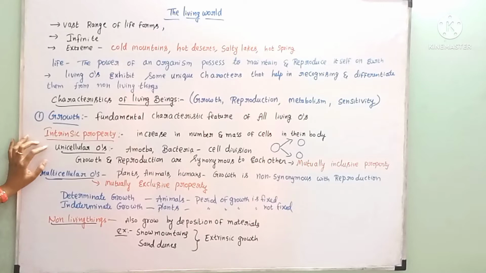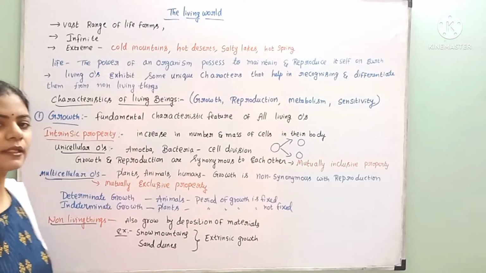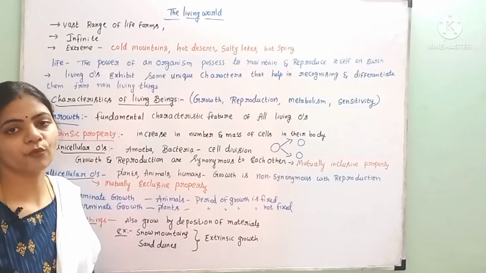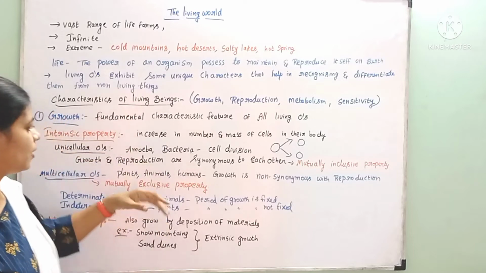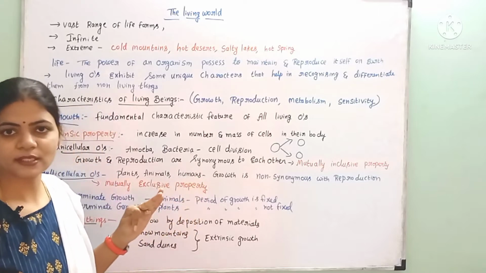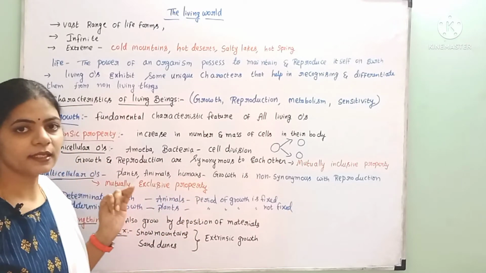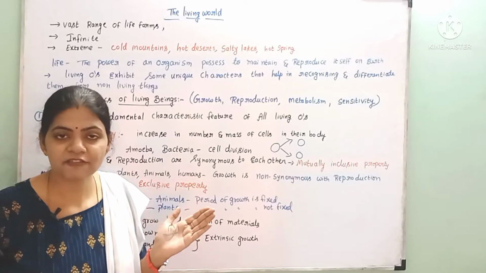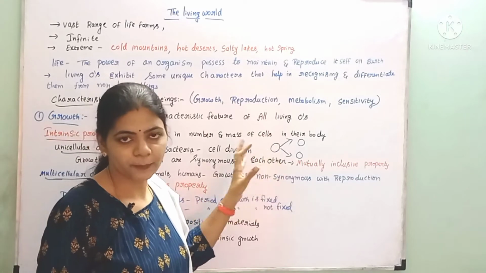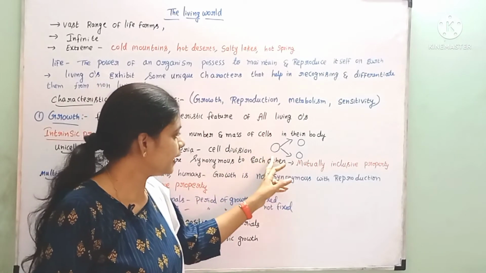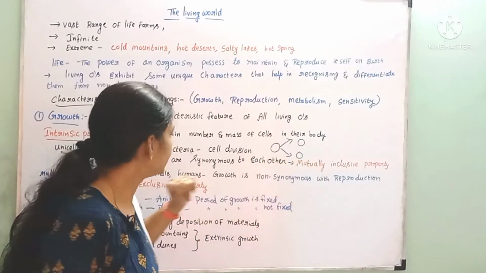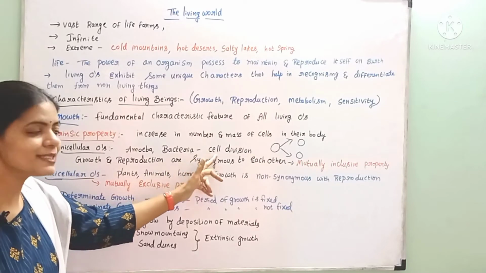And in unicellular organisms, we know what unicellular organisms are: the living organisms which have only one cell. Life exists in only one cell. They are called unicellular organisms. What are the examples of unicellular organisms? Amoeba and bacteria, right? In those living organisms, how does growth occur? By means of cell division. One cell divides into two cells. The cell will grow up to a certain age, and at a certain age the size of the cell increases and it will divide into two daughter cells, right? Here one cell divides into two cells by cell division.